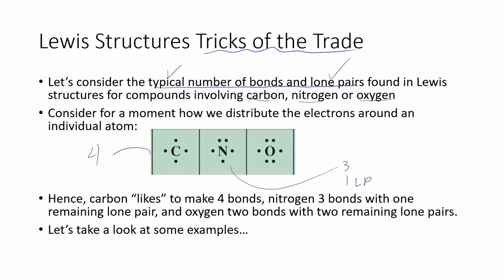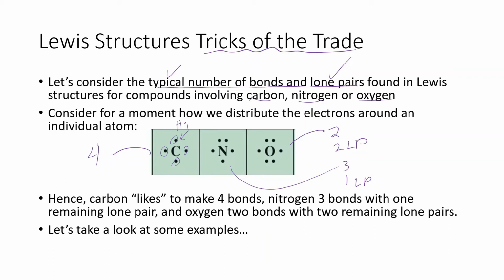Oxygen, finally, tends to make 2 bonds and have 2 lone pairs. If you look at these electron dot structures right here, that makes a whole lot of sense, right? Because let's say we're adding a hydrogen with its 1 electron to carbon. Well, it's going to want to come in there and form a shared pair, right? So by virtue of having these single dots, carbon has 4 single electrons to share to make those 4 covalent